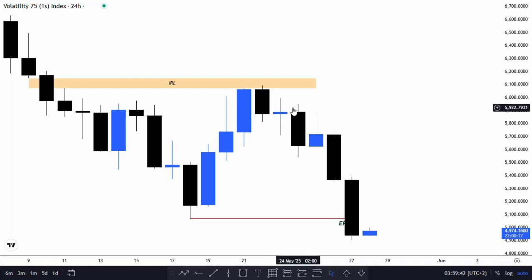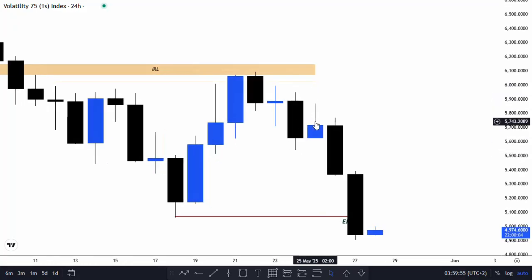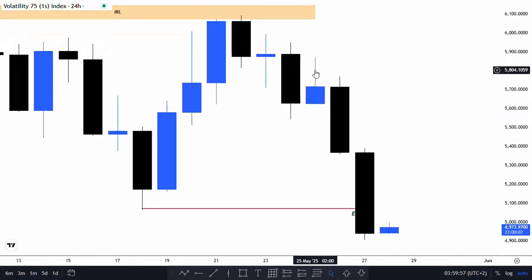You can see this candle now closed below the previous candle's low. So we had a bearish bias now. When the 25th came, the 25th, which is the trade that we caught 700, almost 800 pips,